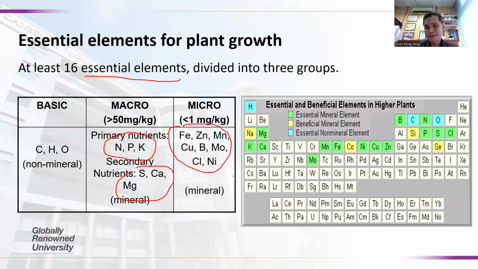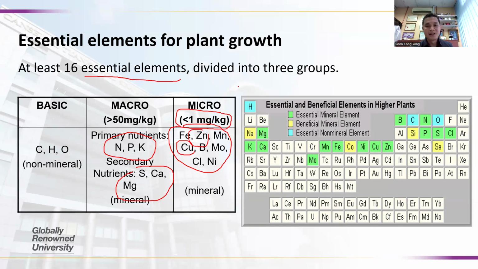You must be asking me, if you look carefully at these elements, some of them might be categorized as heavy metal. You are not wrong. You are correct. For example, zinc and also copper, they sometimes are called heavy metal because they may possess toxic effects, but that depends on the quantity. And it comes down to this number. If the quantity exceeds 1 ppm or 1 milligram per kg, then they might be causing some toxicity to the